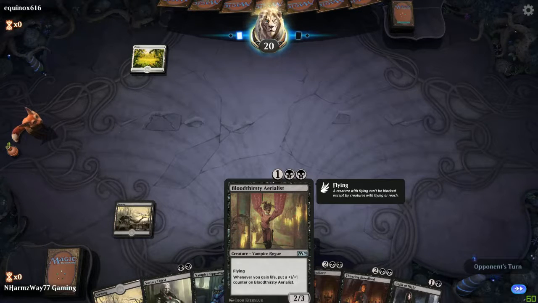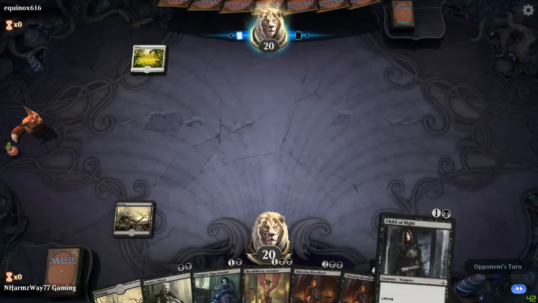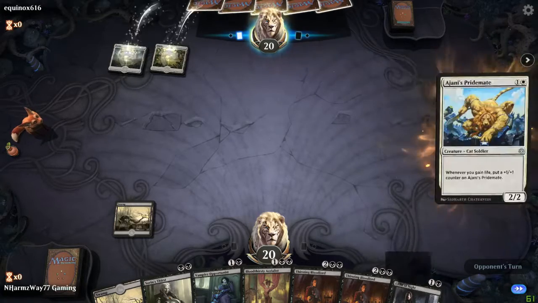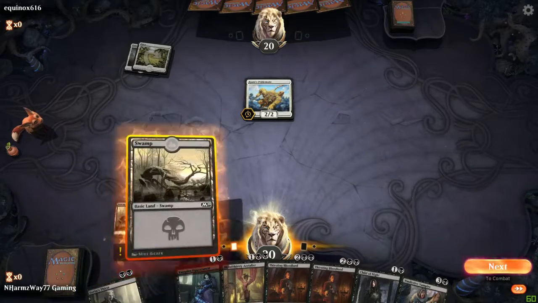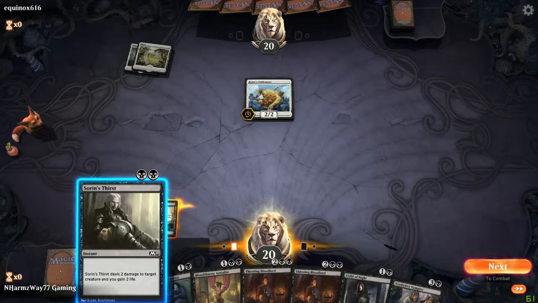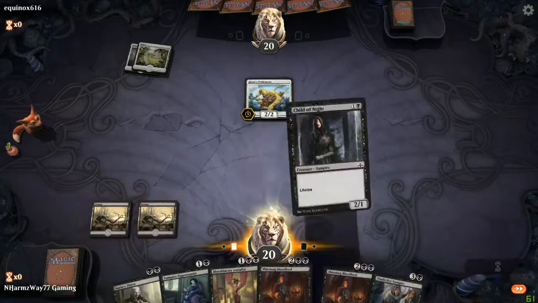I like this, the Bloodthirsty Aerialist. It can become a very, very big card quickly if you've got a lifelink card that is out there working well. Just like that, Ajani's Pride can become a very big card very quickly. So I can do one of two things. I can use Sorin's Thirst to damage it and gain 2 life. I can put Child of Night out,